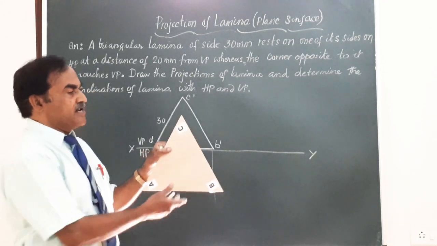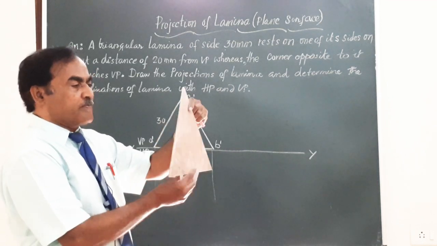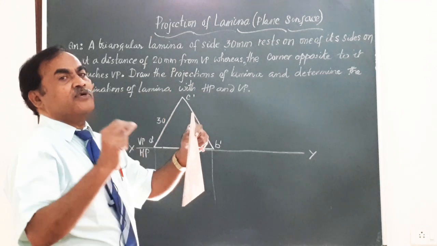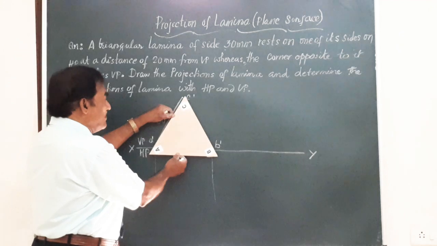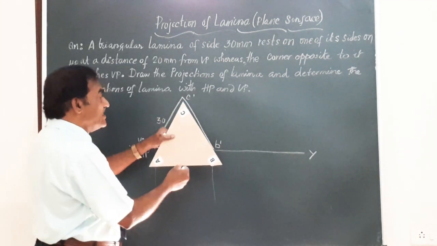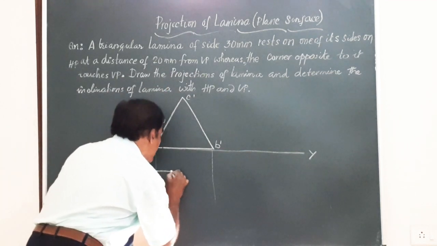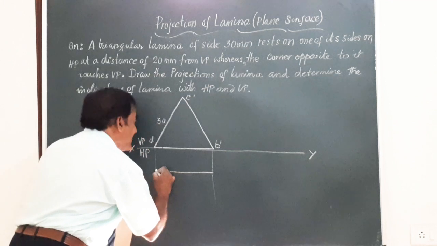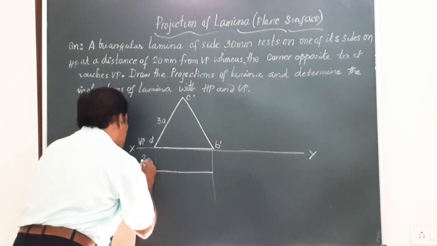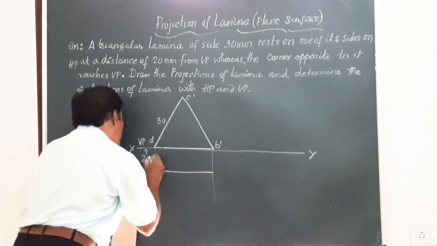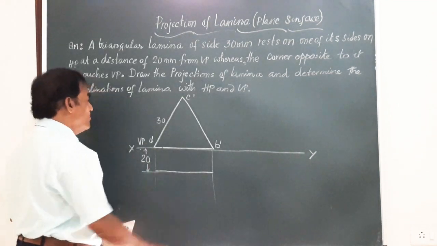What is the top view of the lamina? Whenever any lamina is held parallel to the wall, VP, or perpendicular to that, the top view is going to be a line. So, here I am going to mark that line because the lamina is placed here at a distance of 20, which can be seen in the top view or in the end view. So, I am going to mark a line here, the top view of that, at a distance of 20 millimeter. Let me mark this distance as 20 millimeter. If they say the lamina is placed 25 millimeter, you should take more length here.